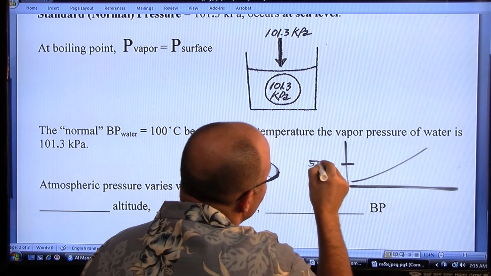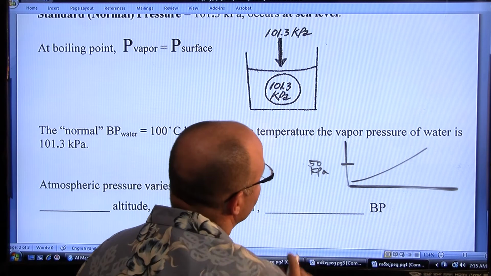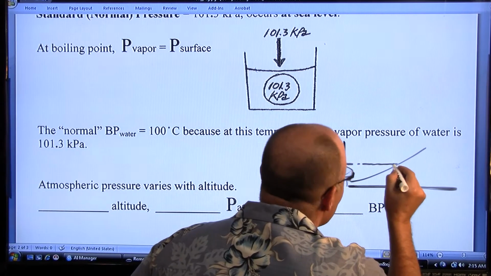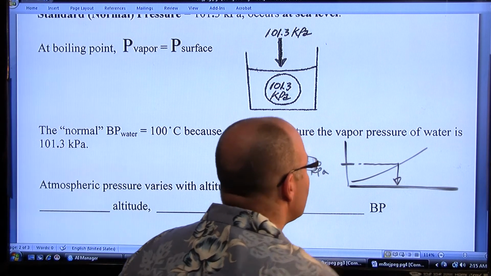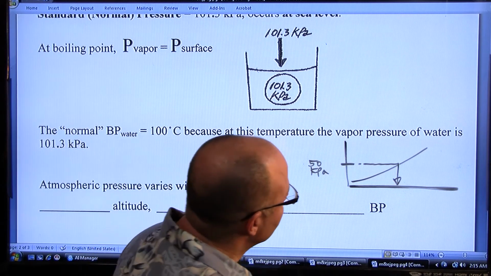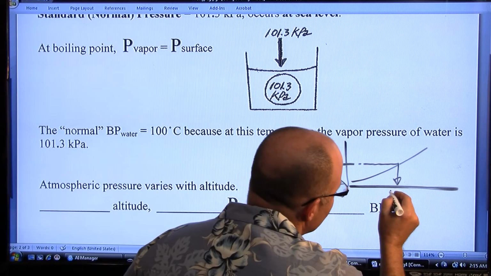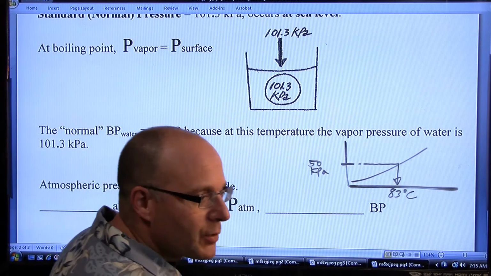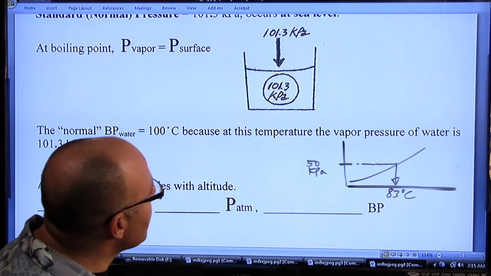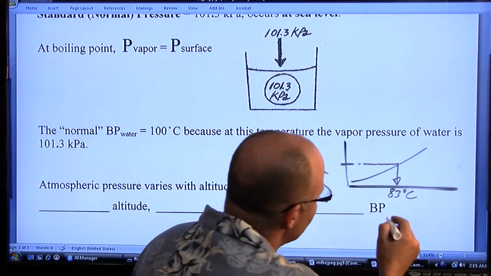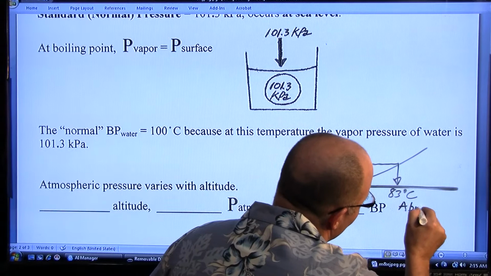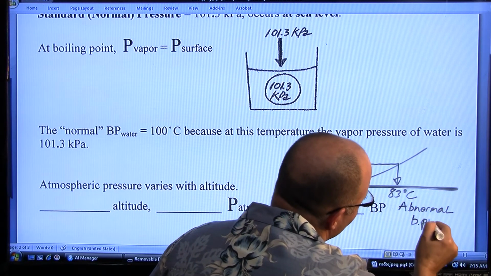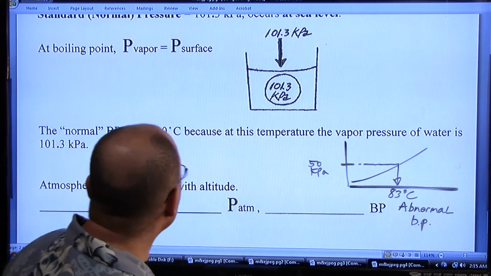Go to 50 kPa, let's say up in the mountains, really up in the mountains. Intersect water's curve, drop a line down, and see what temperature you get. It's about 80 or so degrees. I wrote it as 83 degrees Celsius, but on a multiple choice, 80 would be the correct answer. And so what we have here is an abnormal